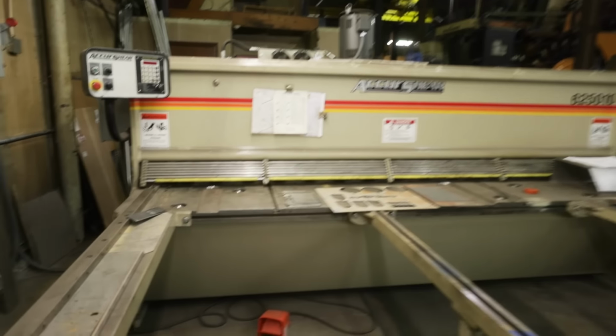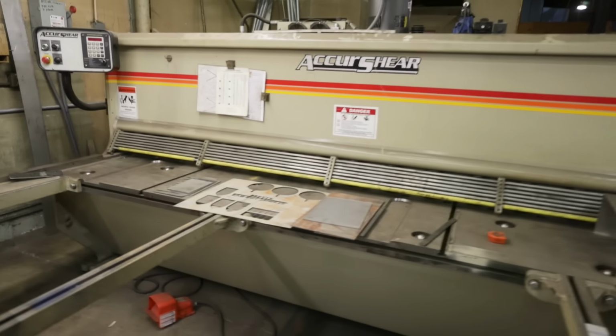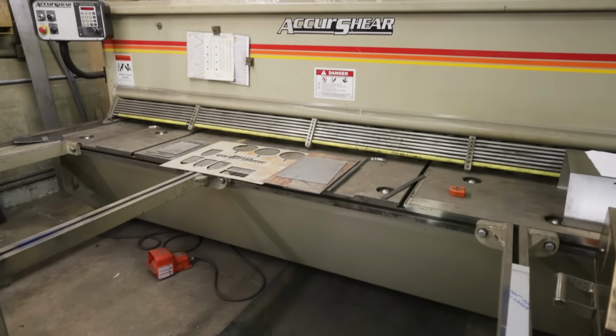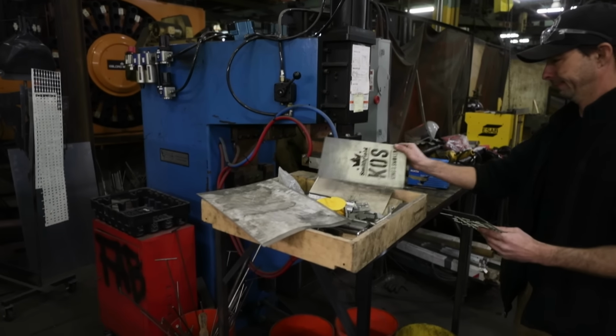So we have our shear, which is mainly used for your standard straight line cuts. Spot welder, which John is